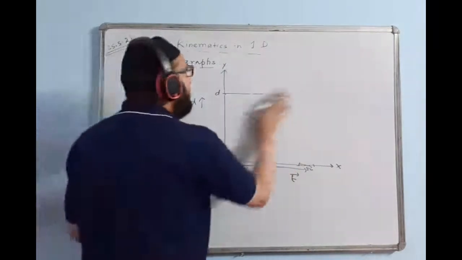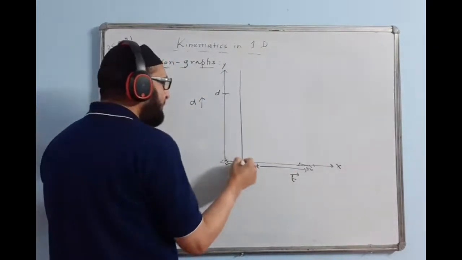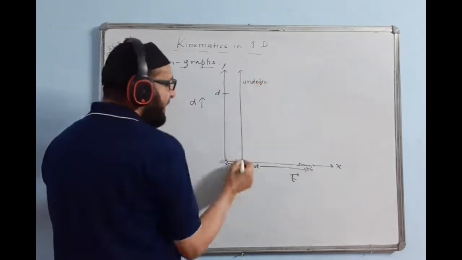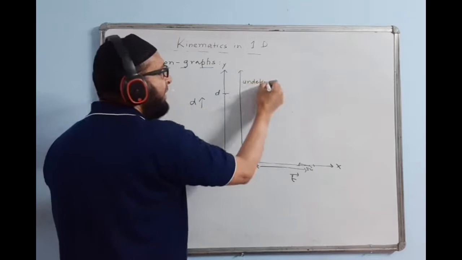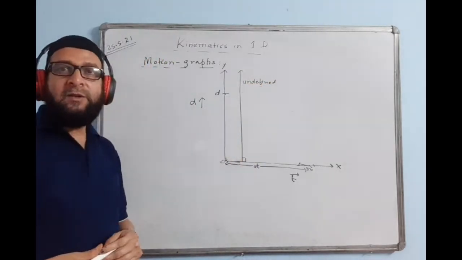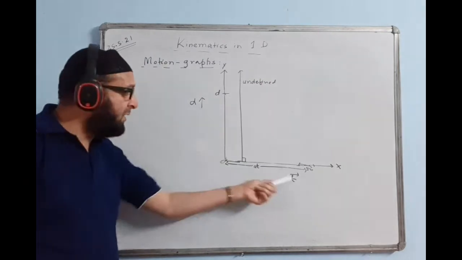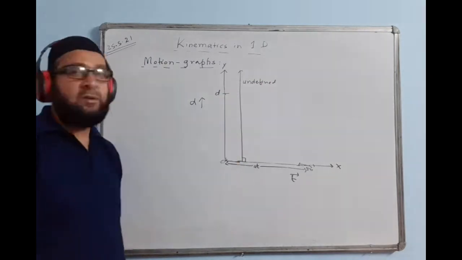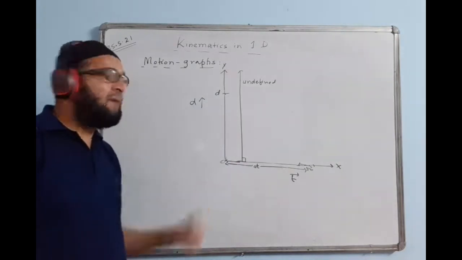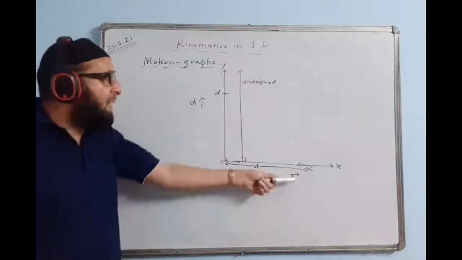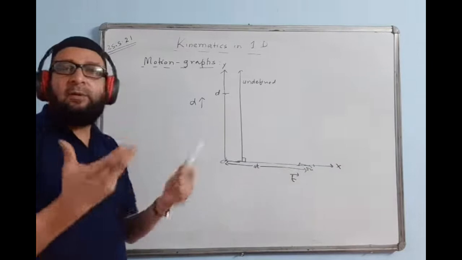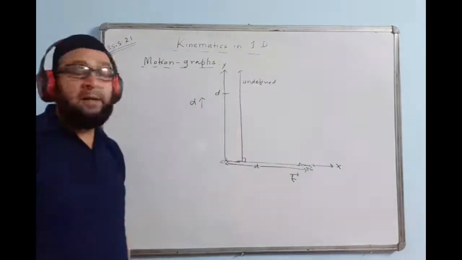If a line is having slope like this way, this will be undefined. Slope is undefined because this is the angle tan 90 degrees, infinity. It has an undefined slope, or the slope value is infinity here in this case. Then this quantity is constant. That means this quantity you are not varying. So you are supposed to vary this quantity and see the effect on this. When you don't vary this quantity, you are not finding any relationship. That's why the slope becomes undefined.